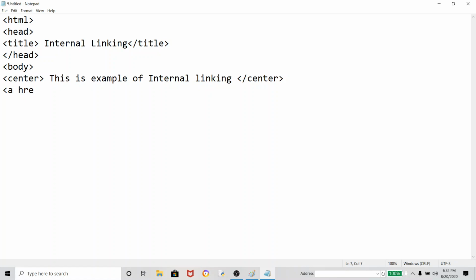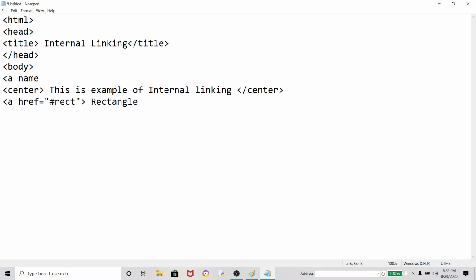So I have to give here href equal to, and internal linking is defined with the hash symbol, hash, and I have given here rect, and then here rectangle. Clear?